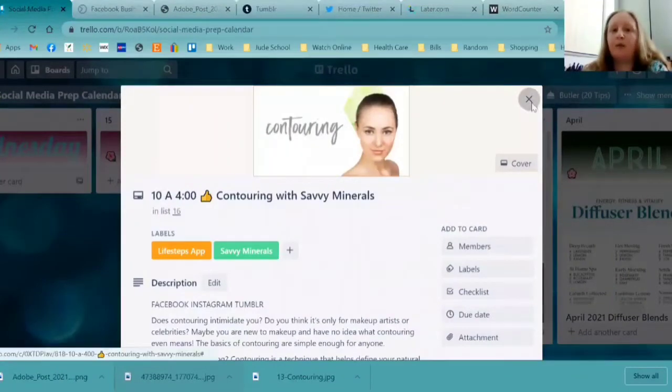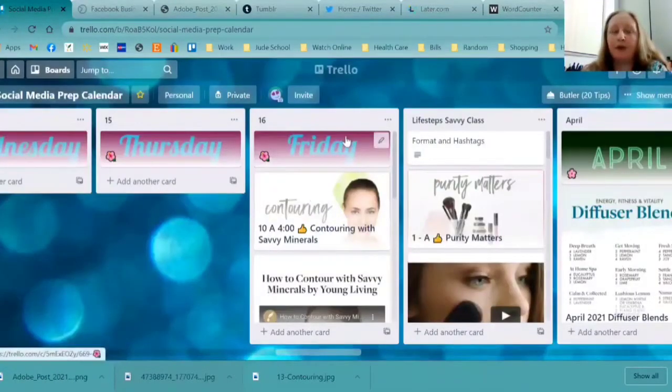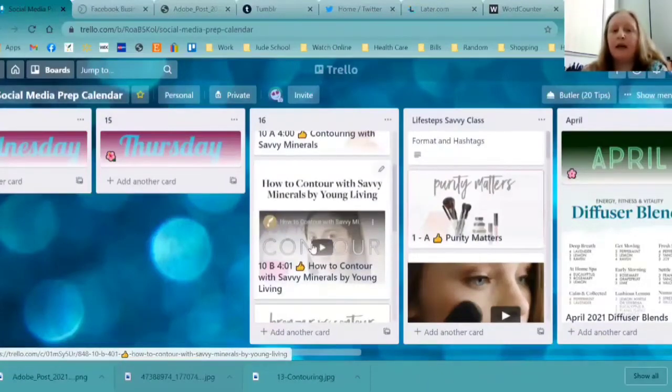Now, Trello works pretty well from both the phone and the computer. So I like that I hop back and forth between my phone and my computer, and this keeps all of my posts organized for me. I don't usually have time to sit down and write out an entire post at once. So I'll go in here,